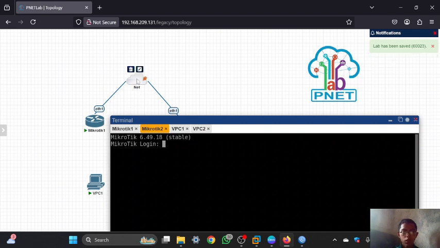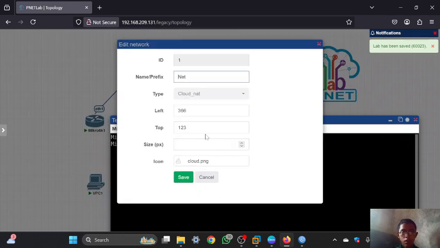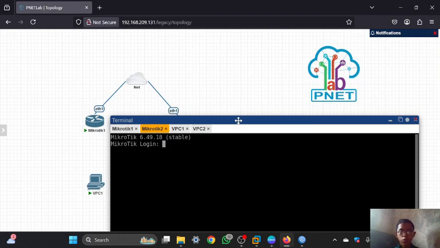And I'm using the CloudNet, so the IP that I will get is 10.x.x.x, using IP address version 4.